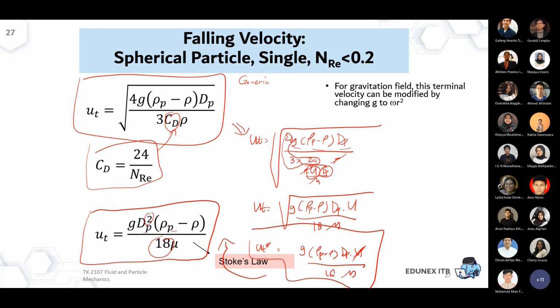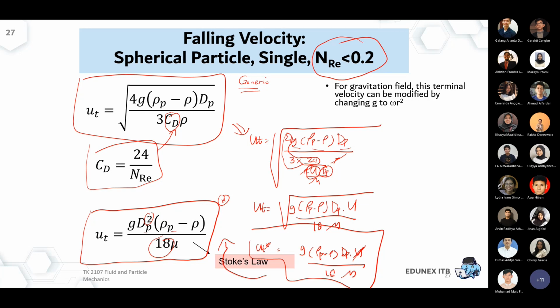So if later you find an equation that asks about a terminal velocity, and you know directly that it must be in a laminar regime, then you don't have to start from this generic equation. If you know directly that it must already be in the region of Reynolds below 0.2, then you can simply go to the bottom equation. UT is g d square delta rho per 18 nu.